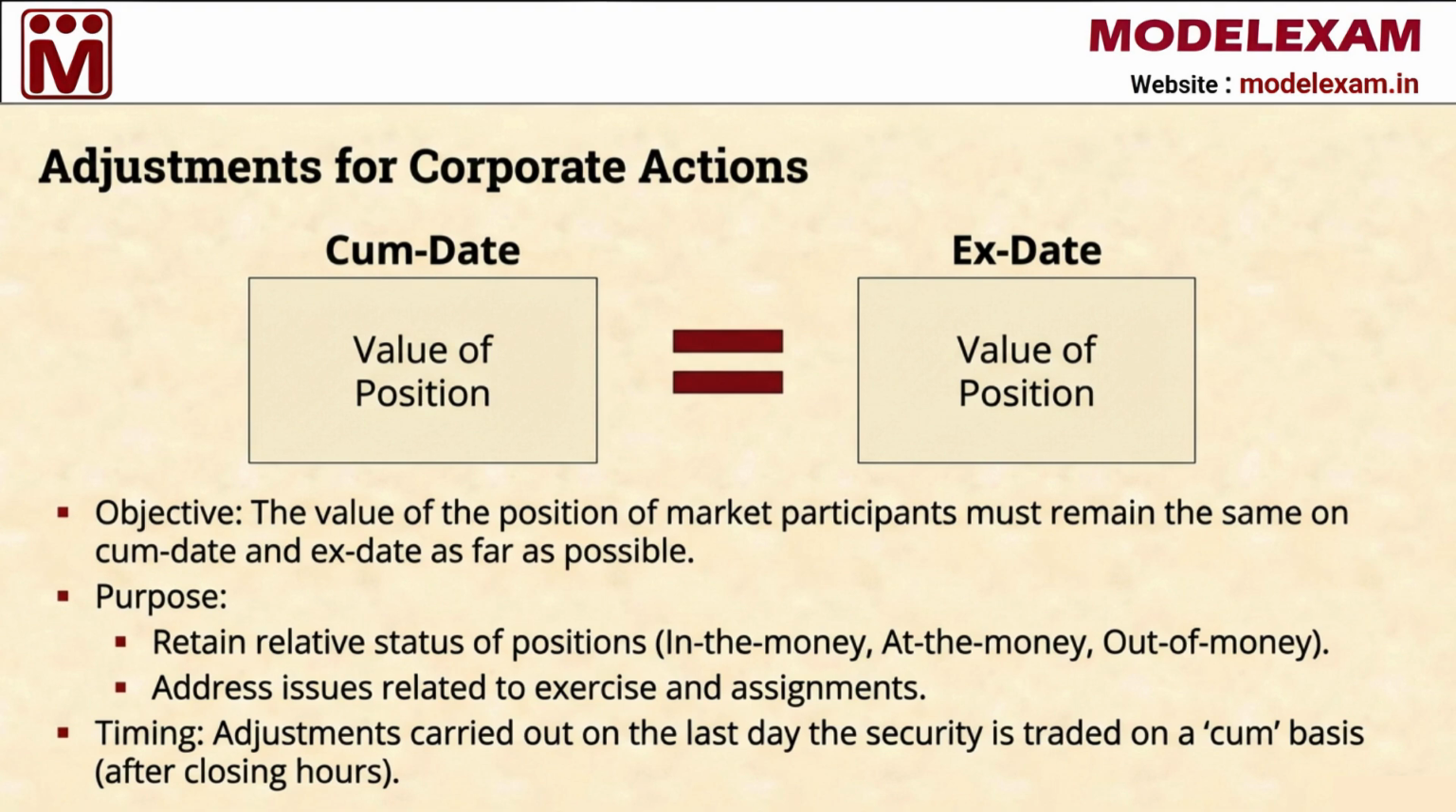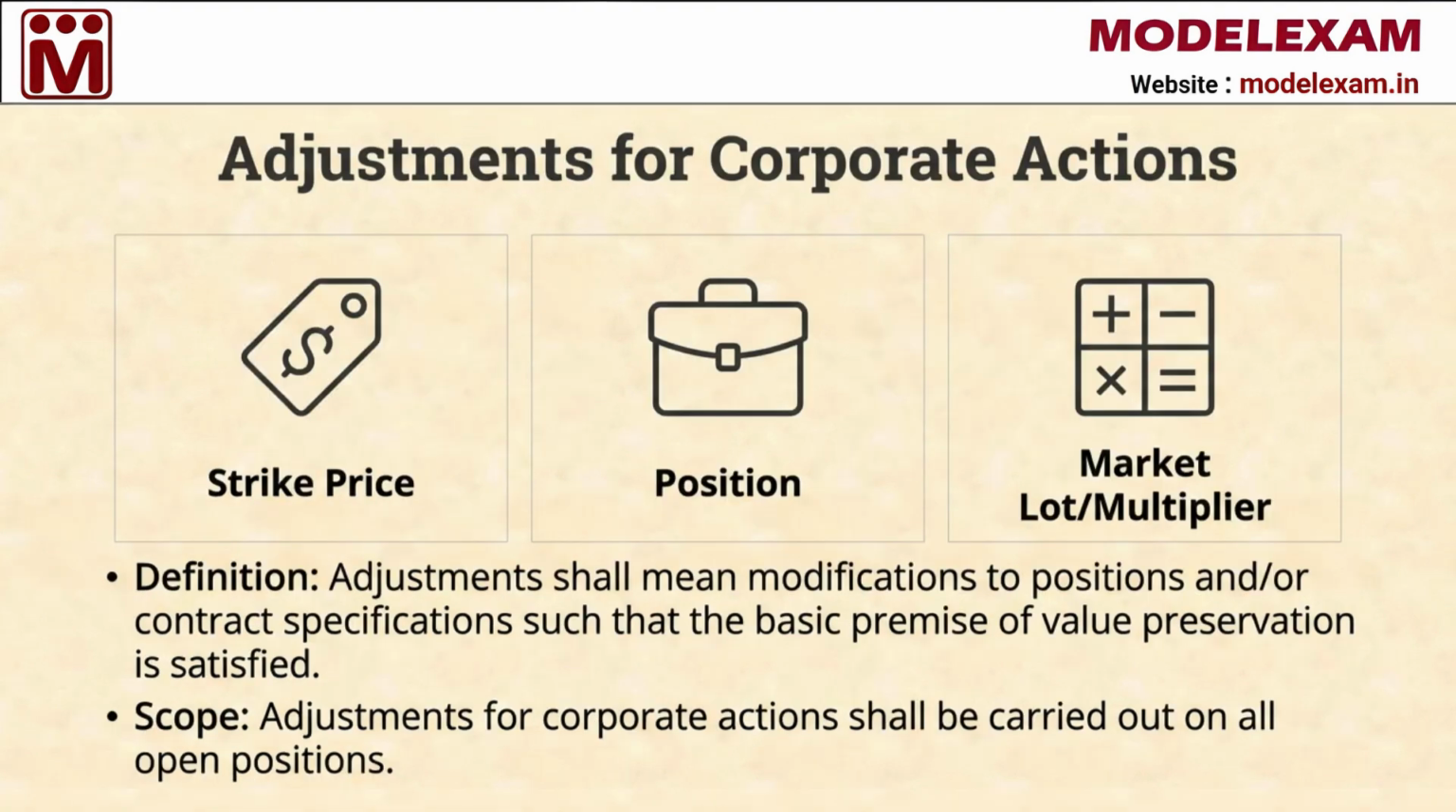When we talk about adjustments, we are mainly looking at modifications to three things: the strike price, the number of positions you hold, and the market lot or multiplier. By changing these, we ensure that the basic idea of preserving your trade value is satisfied. These adjustments for corporate actions are carried out on all open positions in the market so that every participant is